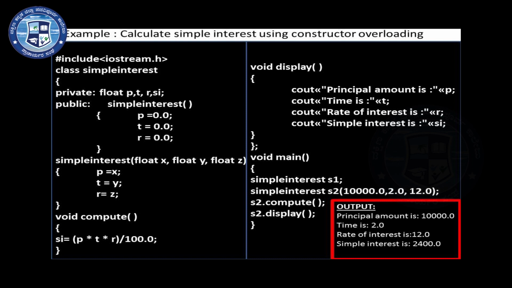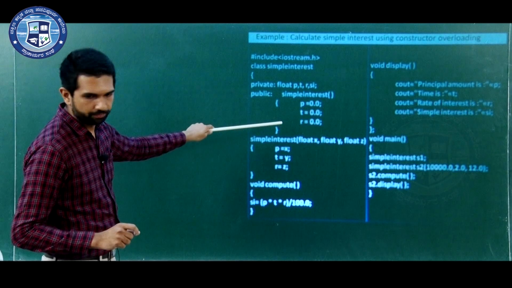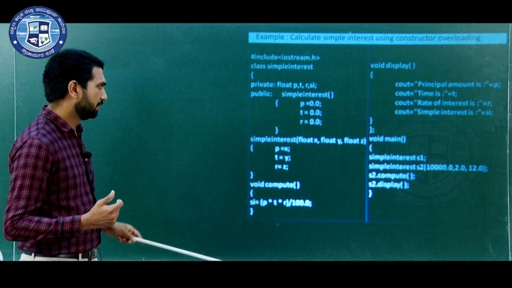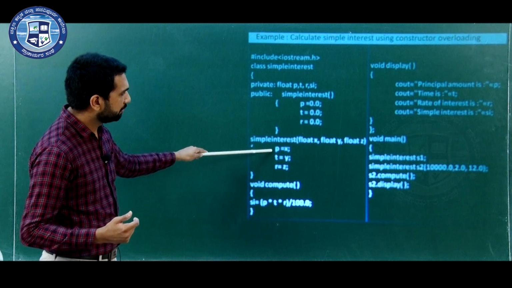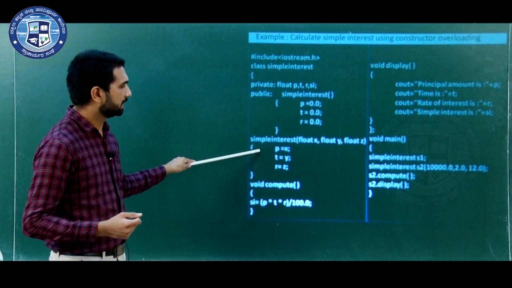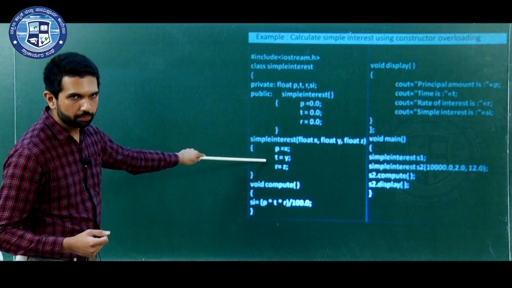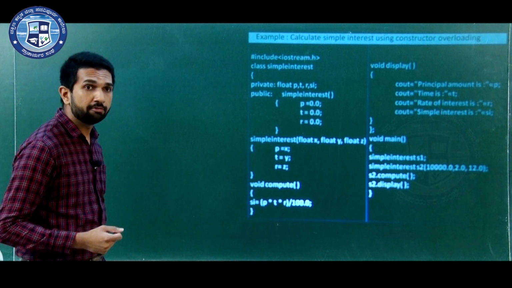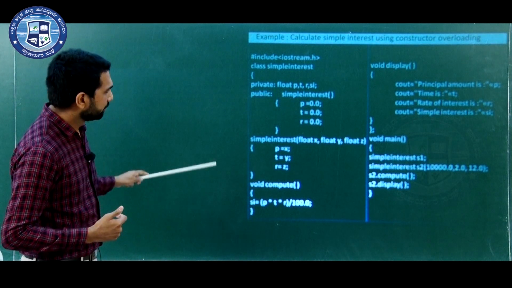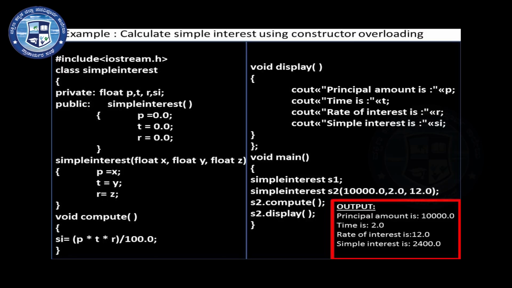So 10,000 will be received by x, y value will become 2 and z value will be 12 in this case. So that x, y, z value will be given to P, T, R respectively. So P will become 10,000, T will be 2.0 and R value will become 12.0 in this case. So after completion of these 2 constructor parts, this is actually the default constructor it will invoke, and this will